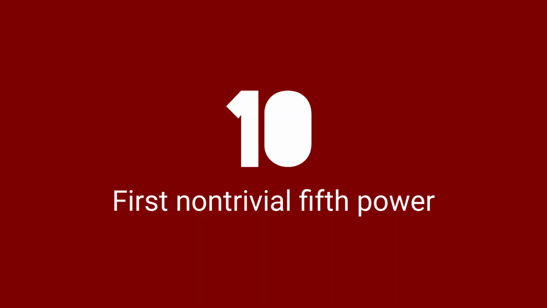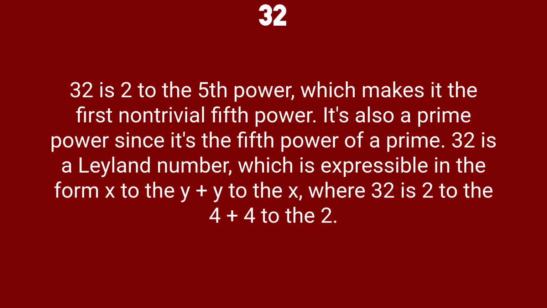First non-trivial 5th power. 32 is 2 to the 5th power, which makes it the first non-trivial 5th power. It's also a prime power since it's the 5th power of a prime. 32 is a Lagrange number, which is expressible in the form x to the y plus y to the x, where 32 is 2 to the 4 plus 4 to the 2,